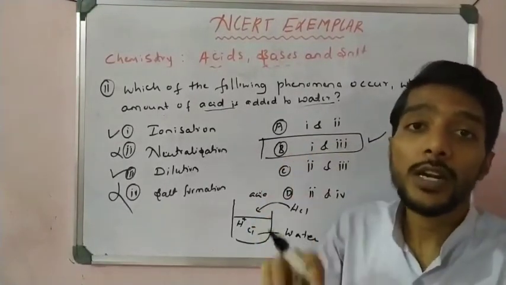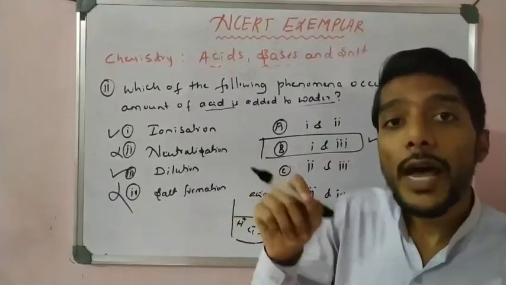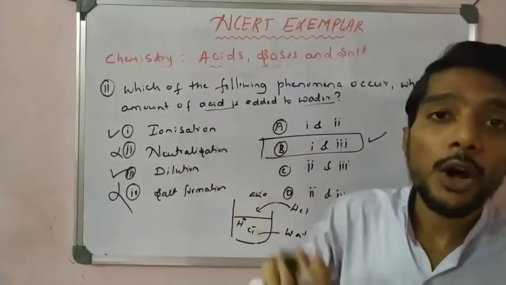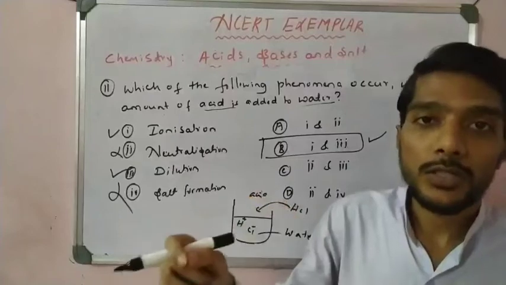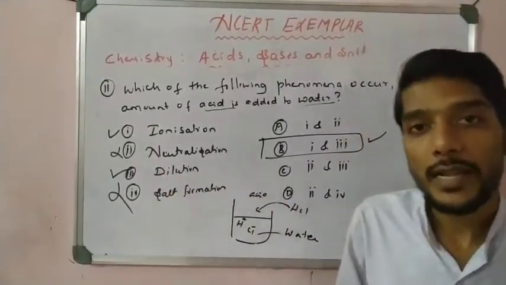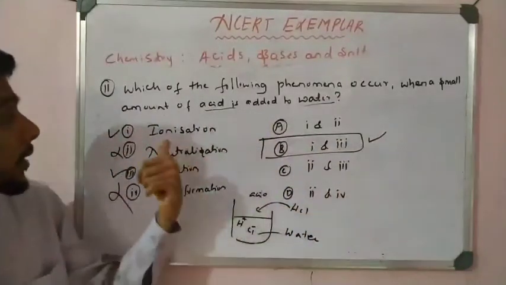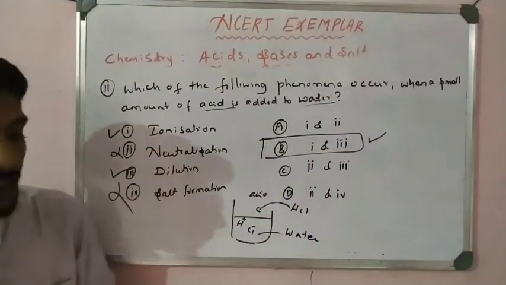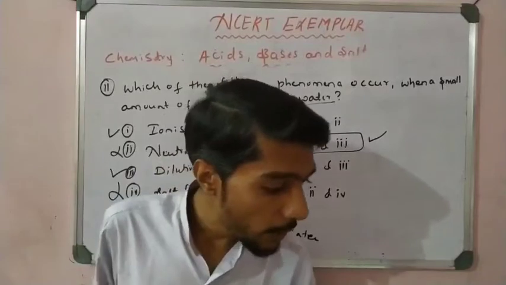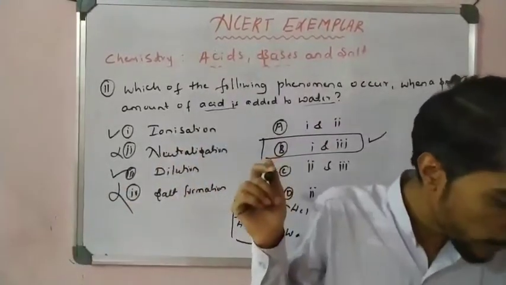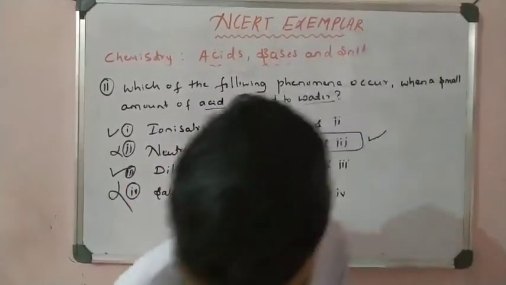Okay, dilution process. What is dilution? The addition of acid to the water drop by drop. That is called the dilution process. You have to remember that dilution dilutes the acid, right? So this student's correct answer is: ionization takes place and dilution takes place, right? You have to remember this point very carefully. So please write down this one, that is very important.